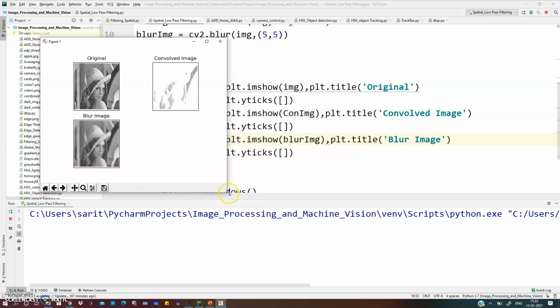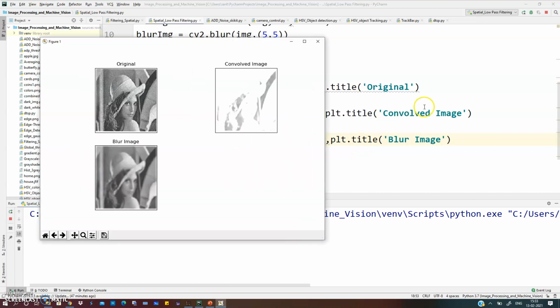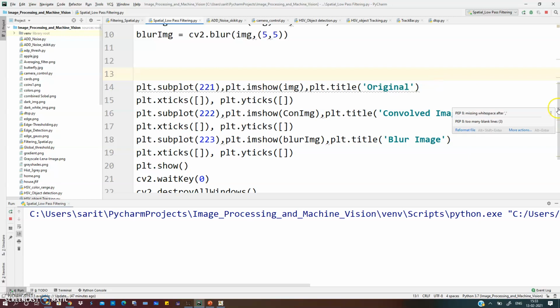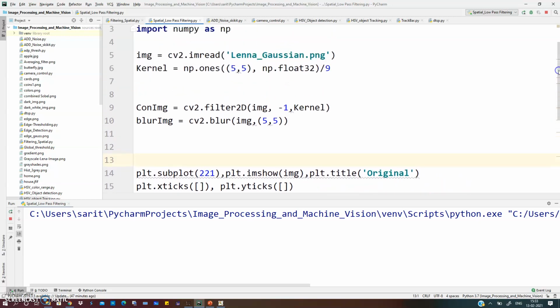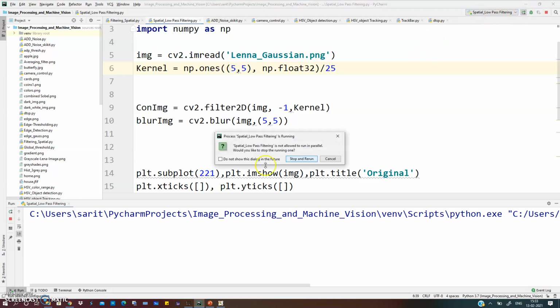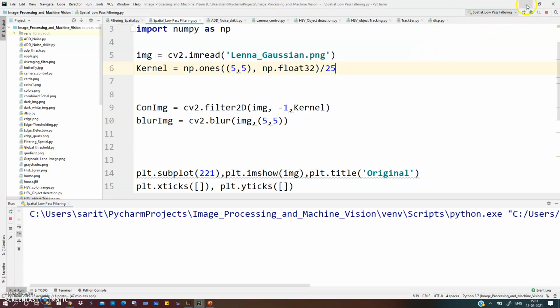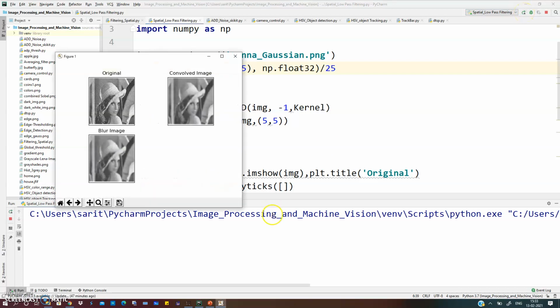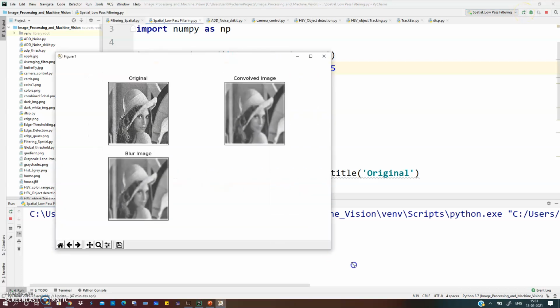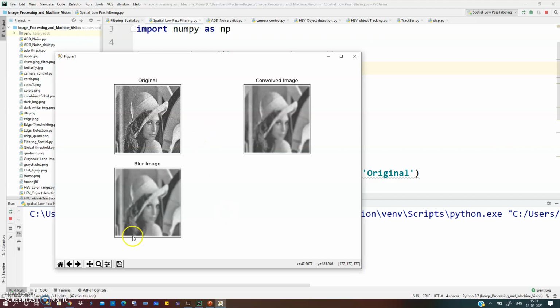Okay, here what's the difference we are getting? Maybe in filter2D the size is 5 by 5. Yes, we have to change this, as we are taking the average. So for 5 by 5 it is multiplied by 1/25. Let's see. Yes, now you will find the same result for filter2D and approximately the same for the blur method, because we have kept the same kernel size 5 by 5.